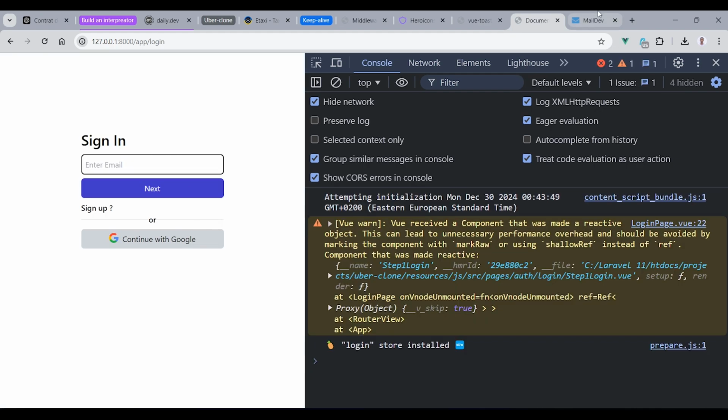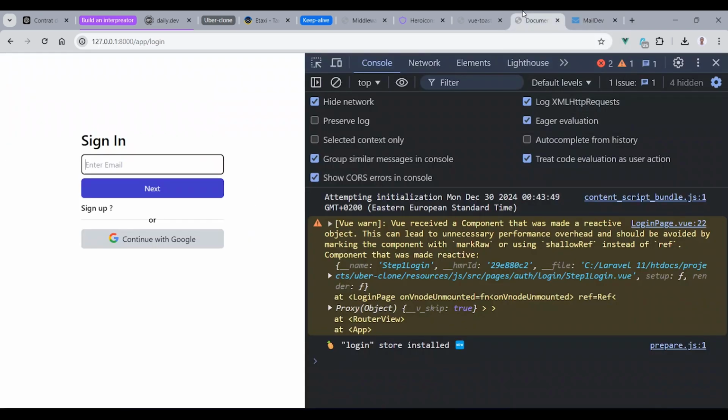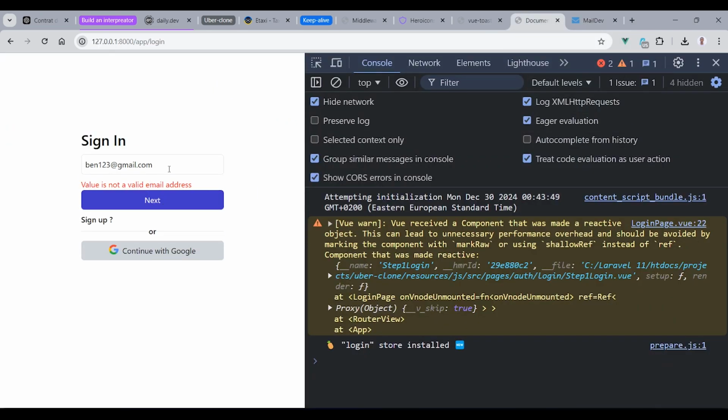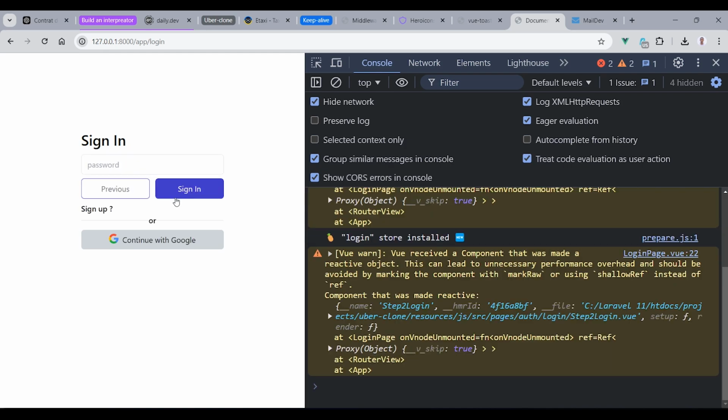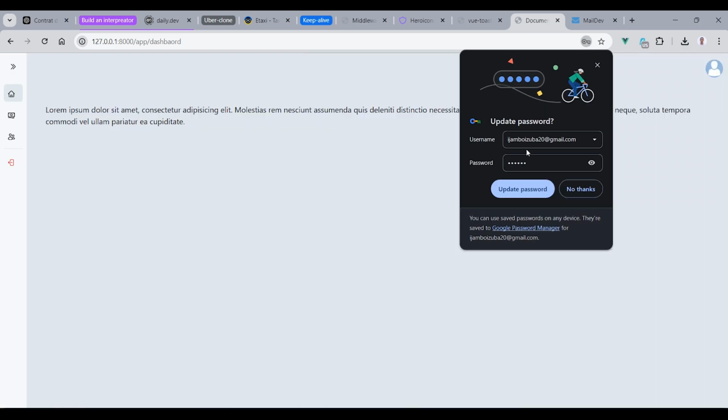And again here, we can log in. Again, this user, I might copy the email address, and then we're going to pass it here. And here we are going to pass here the password, 123456. And then we're going to move to the dashboard page again. And yeah, now we